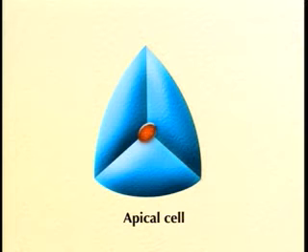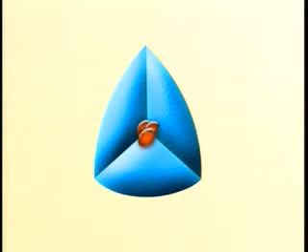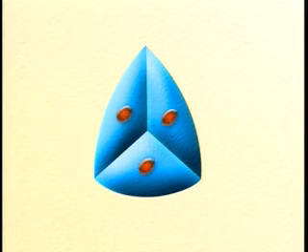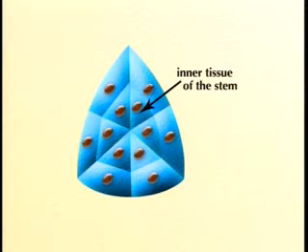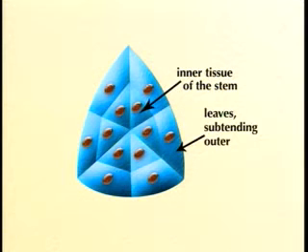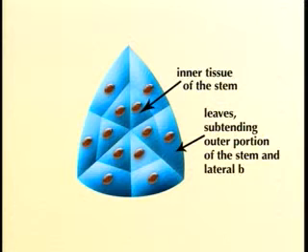In this 3-faced apical cell, segments are demarcated regularly from each face. Each of the segments thus formed divide periclinally. The 3 inner daughter cells, by repeated longitudinal and transverse divisions, form the inner tissue of the stem. The outer daughter cells of the segment contribute the leaves, the subtending outer portion of the stem, and the lateral